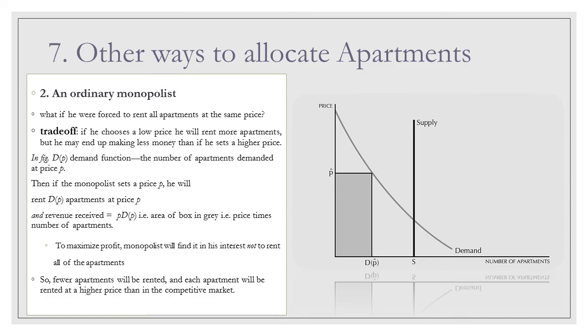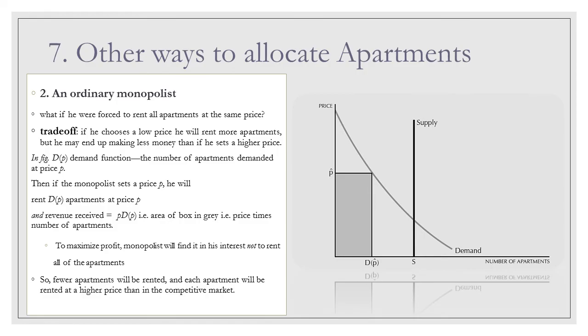So in the figure you can observe that D as a function of price, the demand function, is the number of apartments demanded at price P, highlighted by that curve, D(P). If the monopolist sells at price P, he will rent D(P) apartments, right. Now the revenue earned from this will be price times quantity. So P times D(P), the area of the gray box, will be the profit. Now to maximize the profit, the monopolist will find it in his interest not to rent all